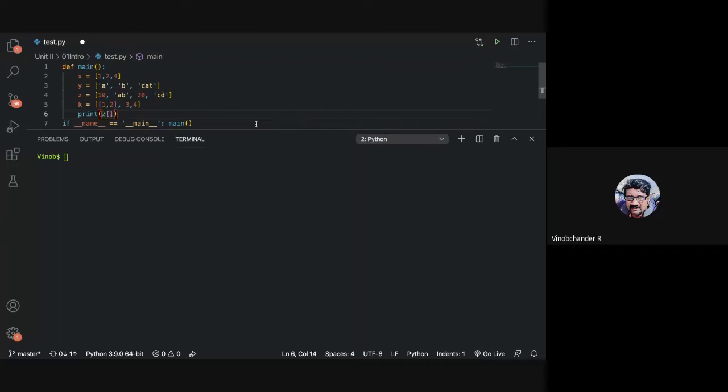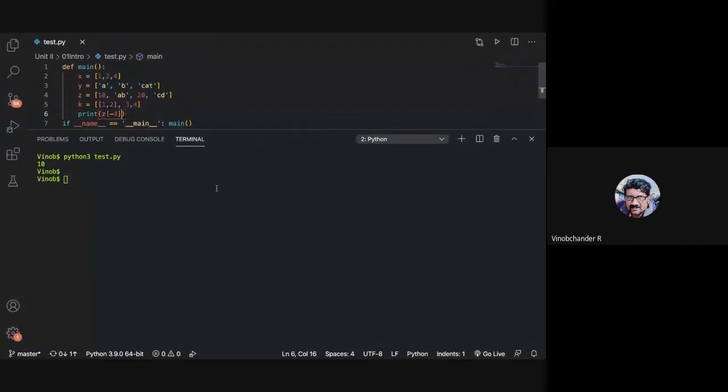So this is how you access a specific element, using the index operator. If I say Z of 0, what will be my answer? 10. If I say Z of -4, it is 10 too.